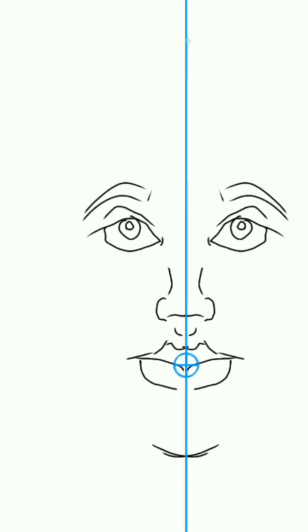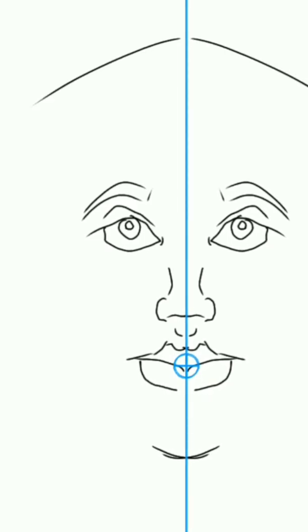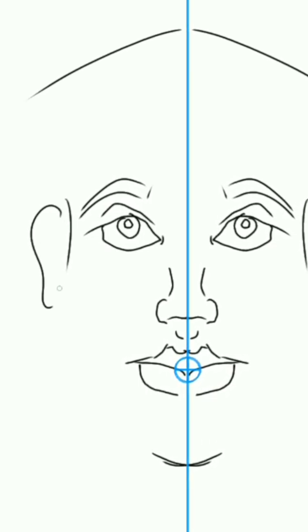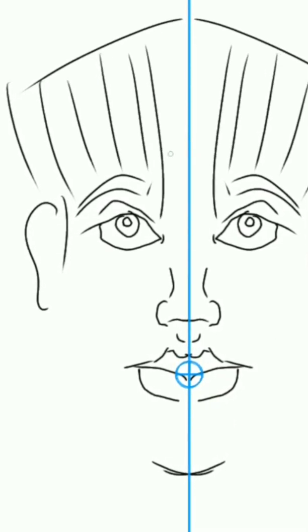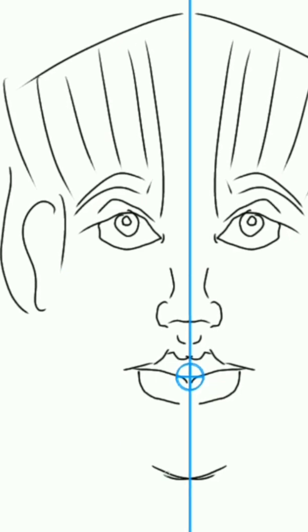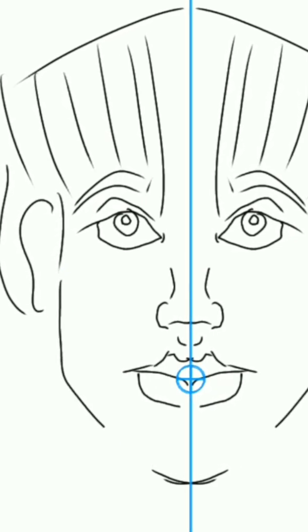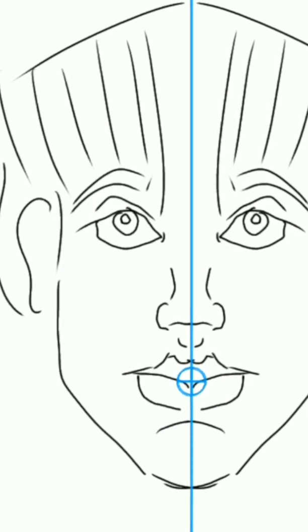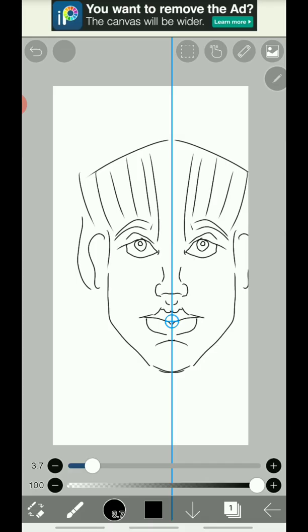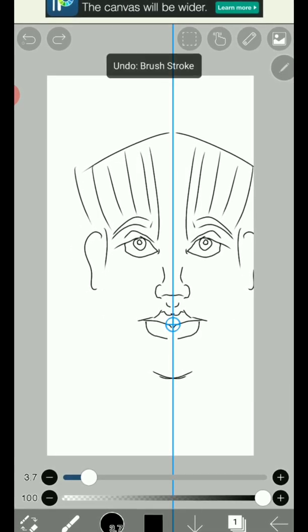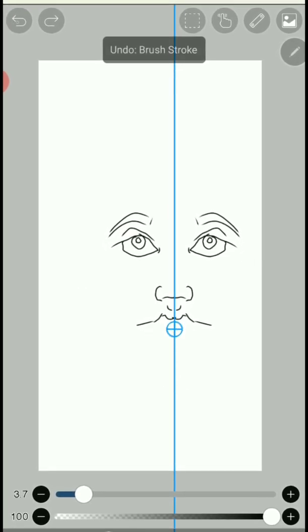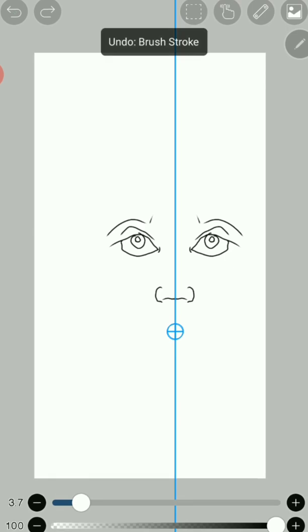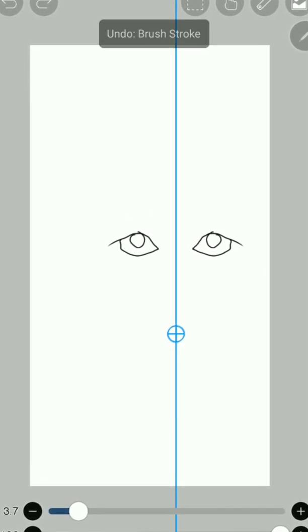So we're not going to really get into that. But you can see how this app will make your life easier in a variety of ways. I'm actually going to delete all this or hit the back arrow until it's all gone, because my point here is not making a face. My point here is to explain how to create a pattern